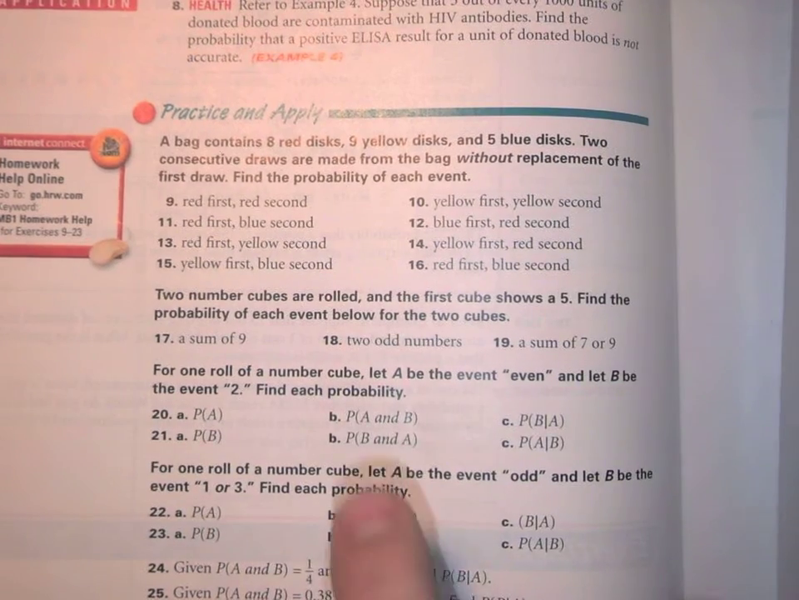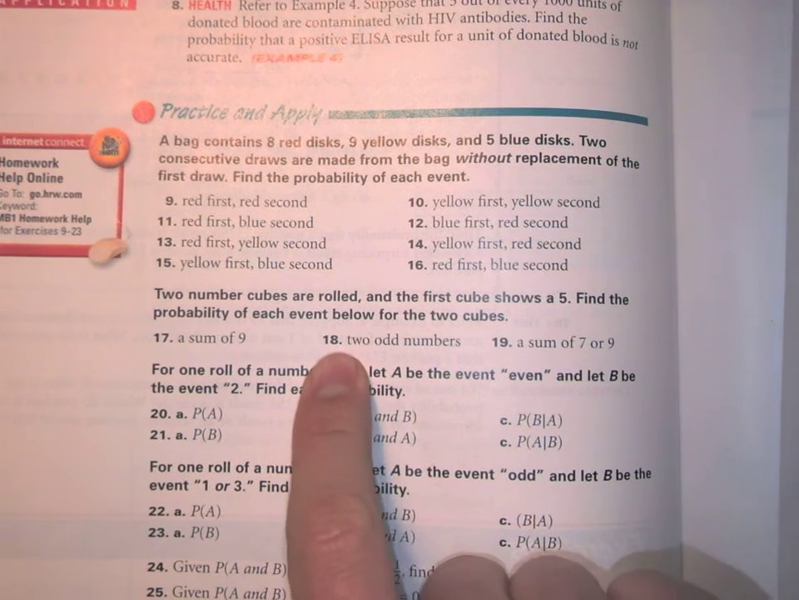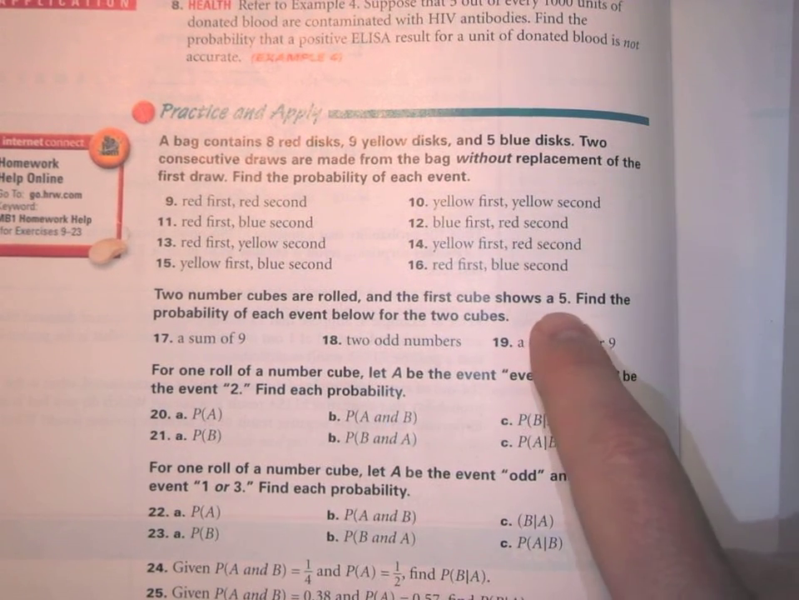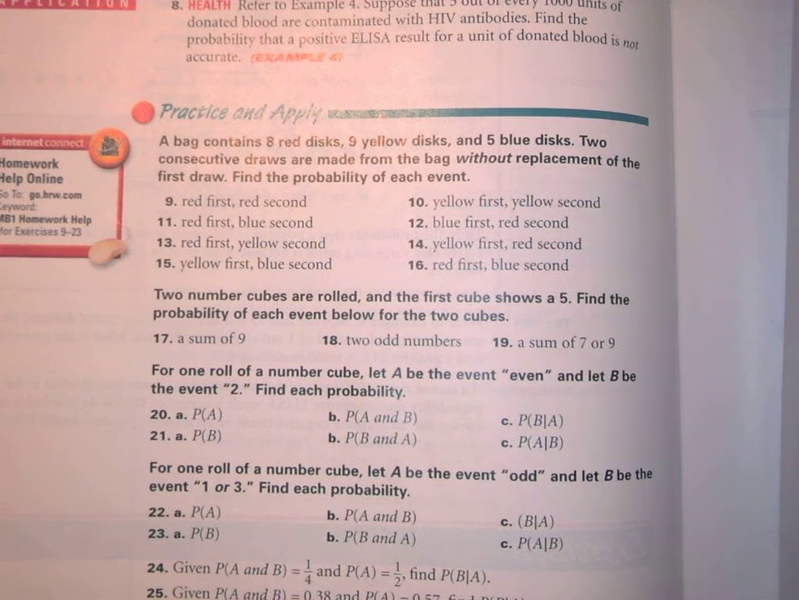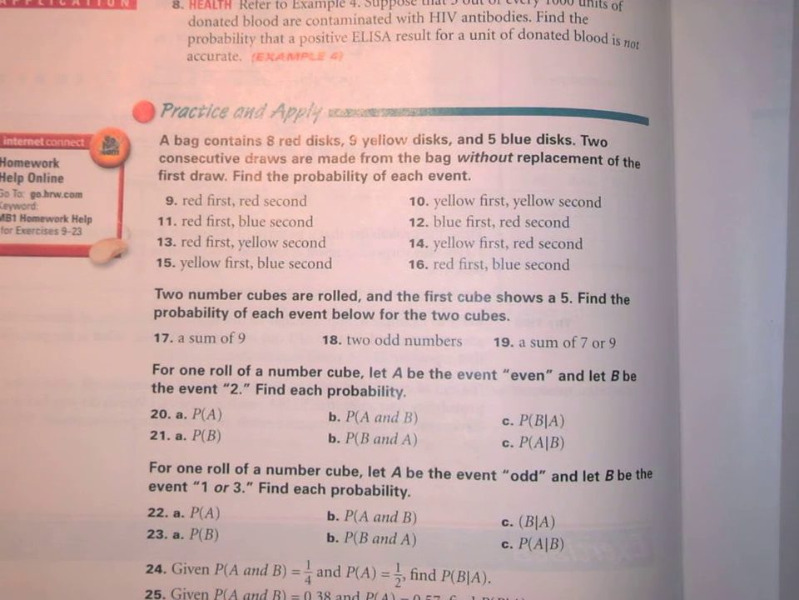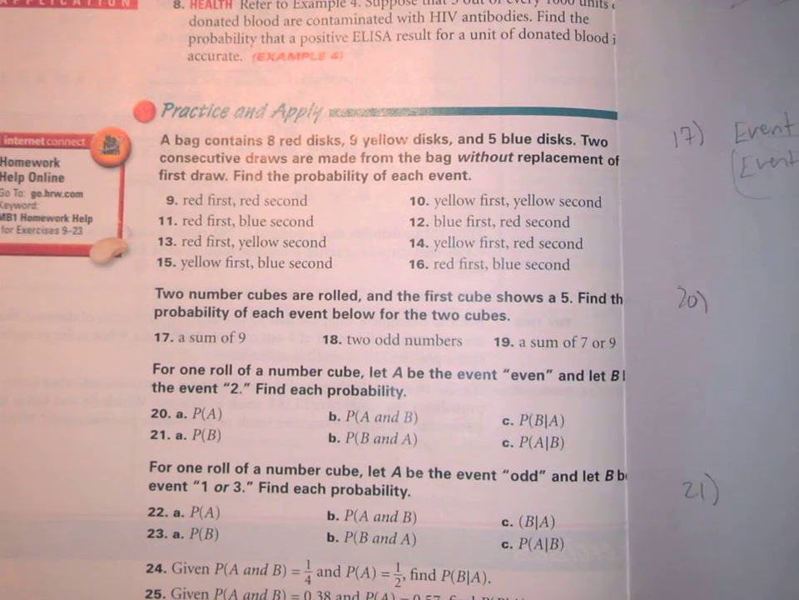Okay, so you're going to do the same kind of idea. So for 18, you've got the probability of 2 odd numbers. Well, the first one is already odd, so the second one has to be odd. So how many ways are there to roll an odd on a roll? There's really only 3 ways to do that. So anyway, I'll let you finish that one, but that's the idea. Okay, we got